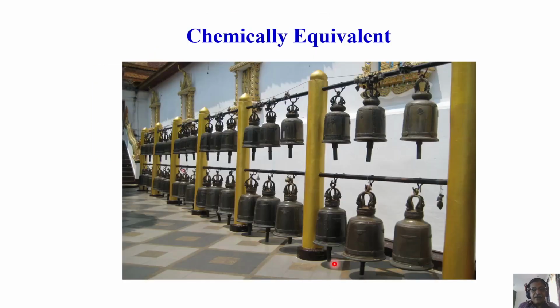So this is a fantastic diagram to show what chemical equivalence is. See this, I showed you for the chemical shift, different types of bells where the charge distributions were different compared to the site of the nucleus. But here, see, all are the same, identical. It's a perfect example of chemical equivalence on this side and also of this type of ring. These two may be different, but all these become one type of protons or carbons. All this becomes another type. This is an example of chemical equivalence. Okay.